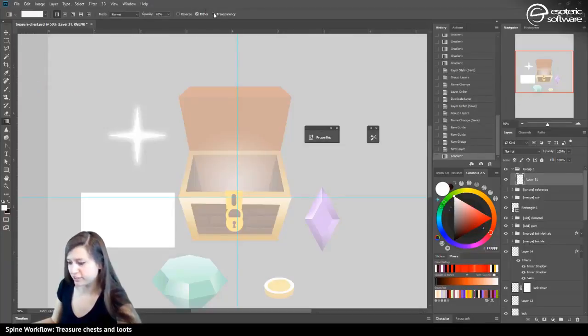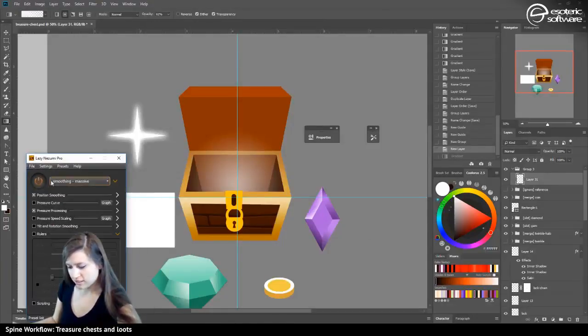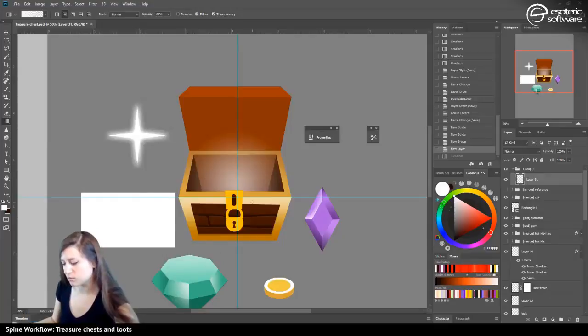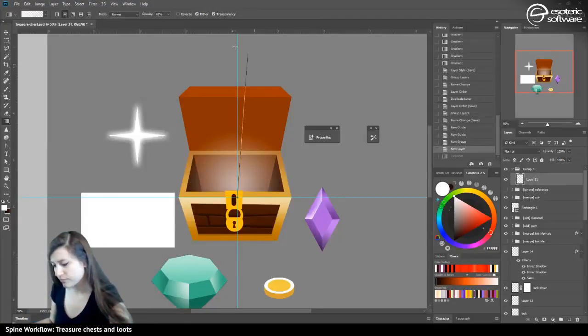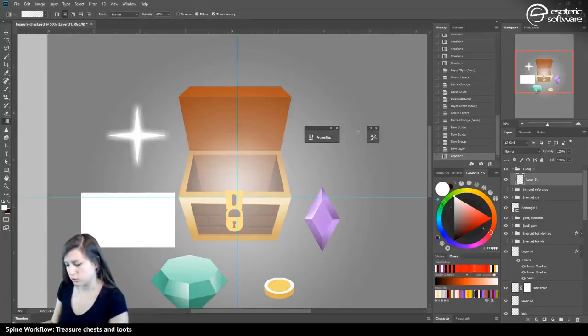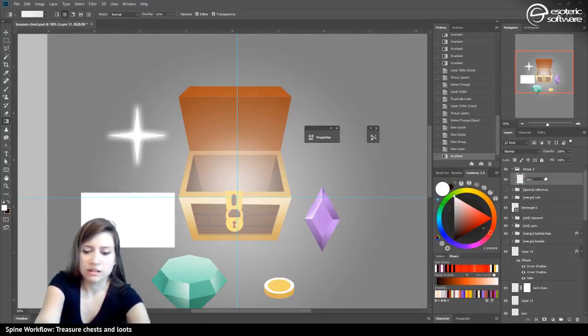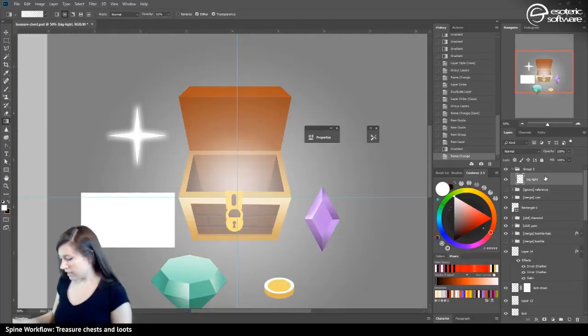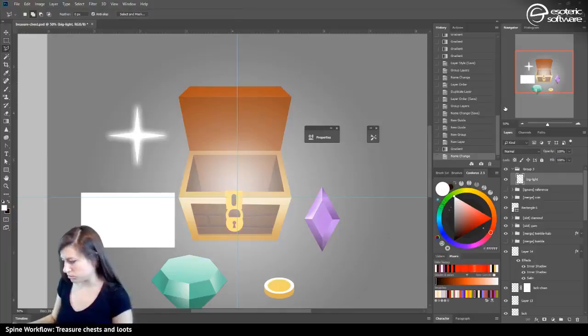Okay, I forgot to check transparency. I'll redo that. So here it is. So we have a bigger light. I could actually use the same light asset for both of them. So this is big light. And besides that, I'll need to create